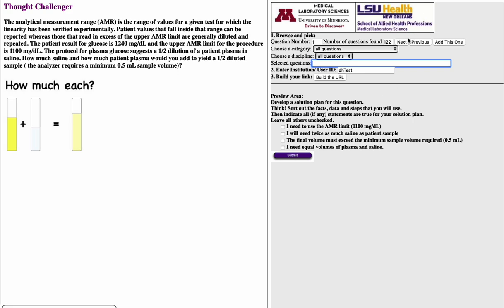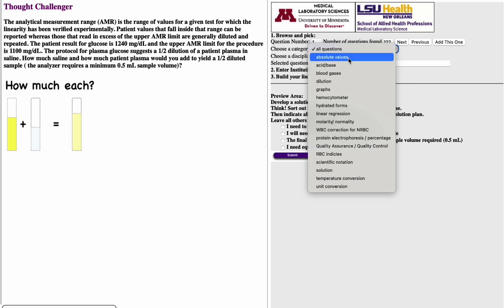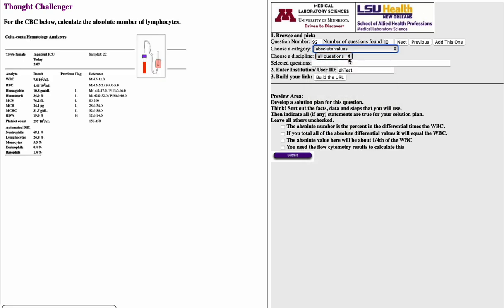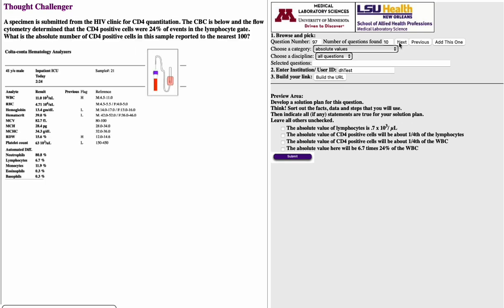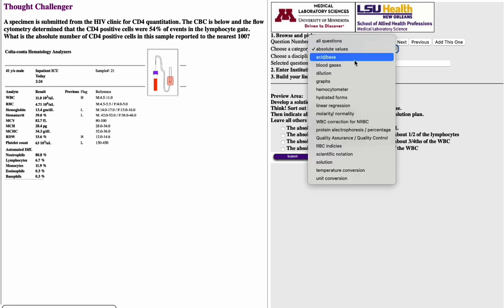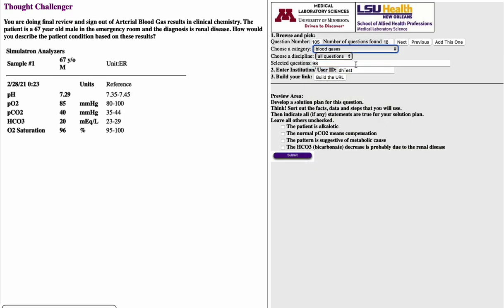So I showed you you could go through them one at a time, but you can also pick them by category. For instance, if you're in hematology and you want to quiz them on absolute values, there's actually 10 questions on that, and you can just click through and choose the one you want. And then there's actually some on flow cytometry, getting the absolute numbers of CD4 positive cells. So again, when you find one you like, you add it, and it adds it here. You can also then change categories. Suppose you wanted to give them some blood gas questions, then you could add a few of those,